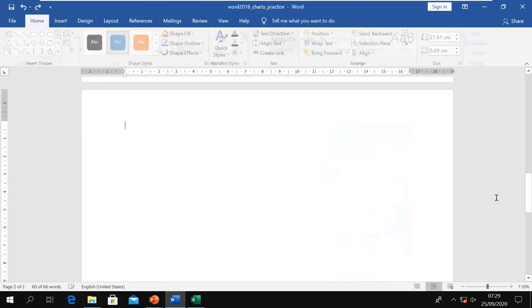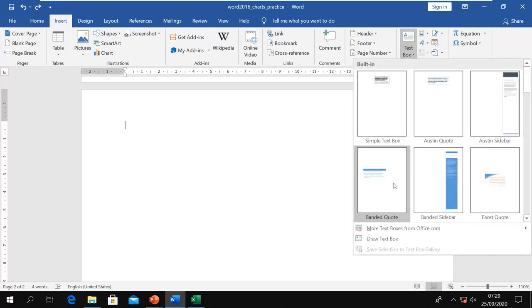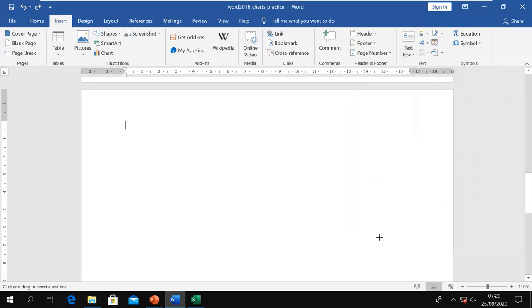If you don't want this, then you can create your own text box by selecting draw text box, and then you can draw where you want to have the text box.